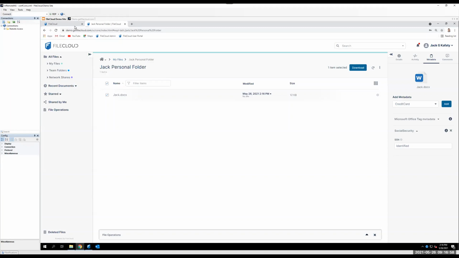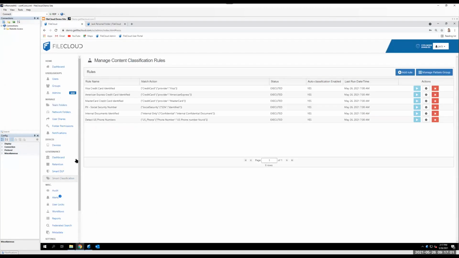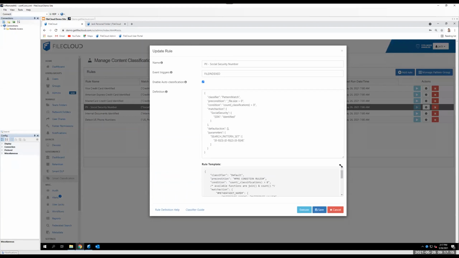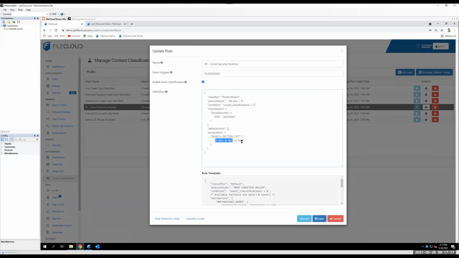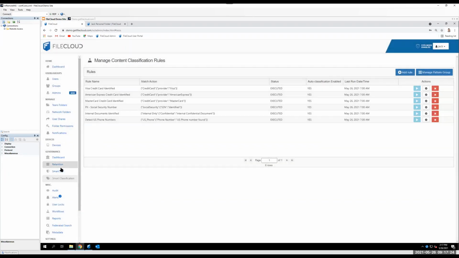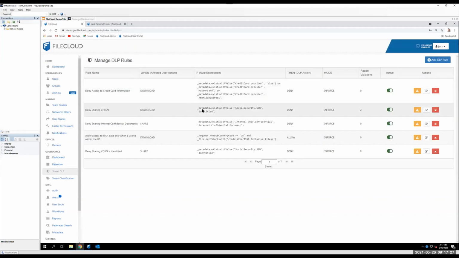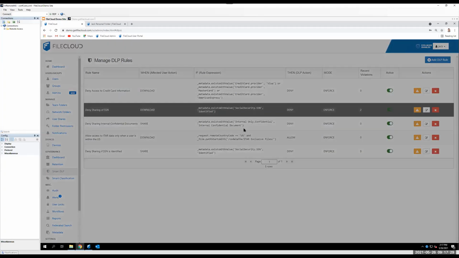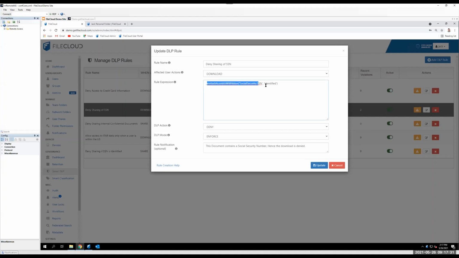If we go back into the admin portal, let's take a look at the smart classification rules I've created. I created a couple to detect credit cards, such as Visa, American Express, MasterCard, social security number, if a document has the word confidential, or if it's a US phone number. Just to give you an idea, let's review the one for the social security number. Pretty much I'm telling it, if you find this pattern, which is a regex, I want you to add the metadata tag, social security number identified. And then I create a DLP rule that says, if you find any metadata that has this